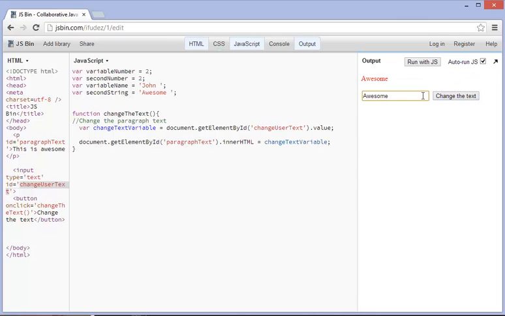And we can go to awesome 5. And you can see it goes to awesome 5. And we can say is we change the text. Just like that. And there we go. That's all it is. So what we had to do is we had to set up a variable that took